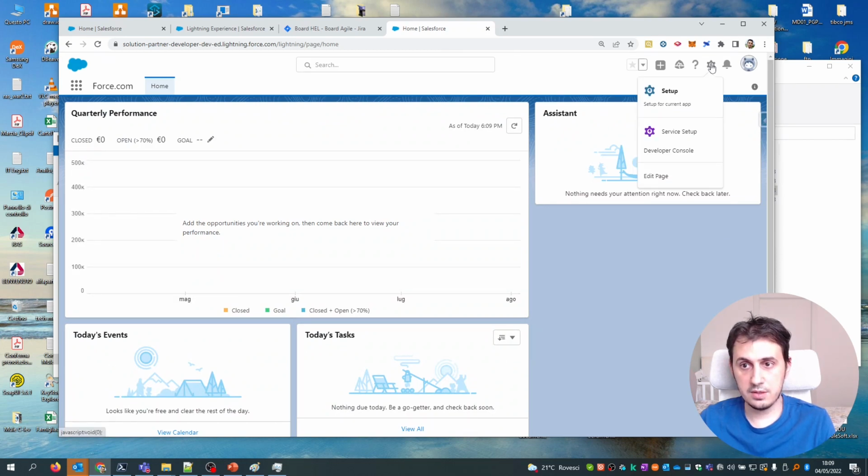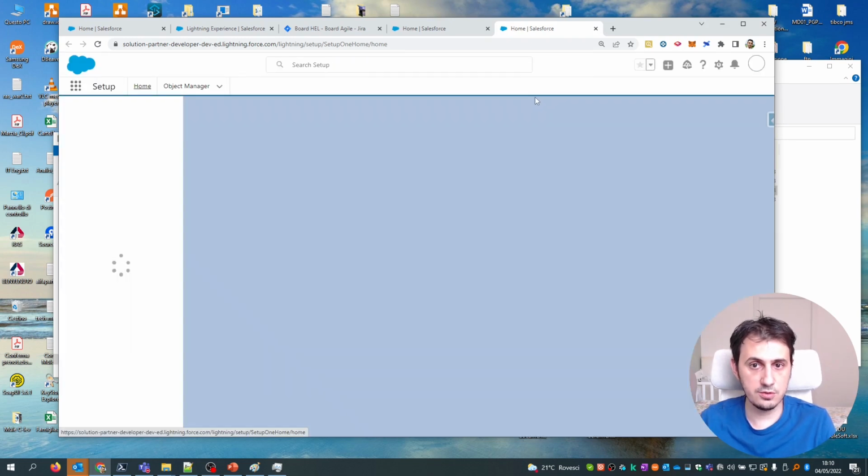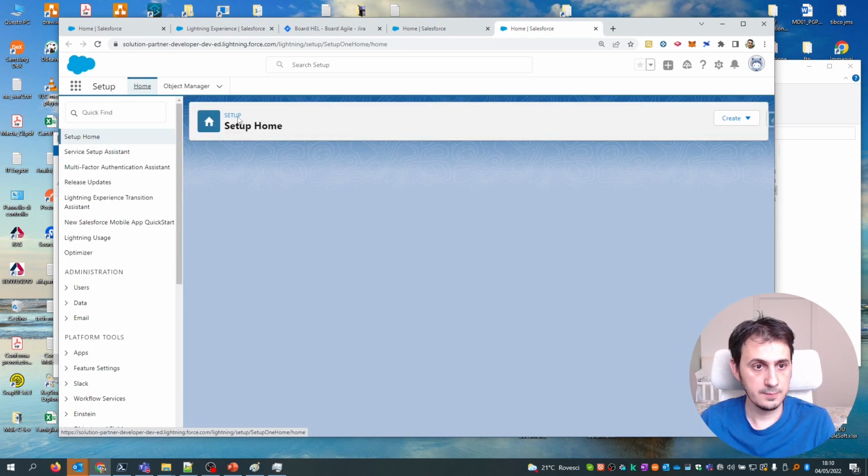I create a new field in order to contain the Jira ID, in order to configure this new field as an external ID.